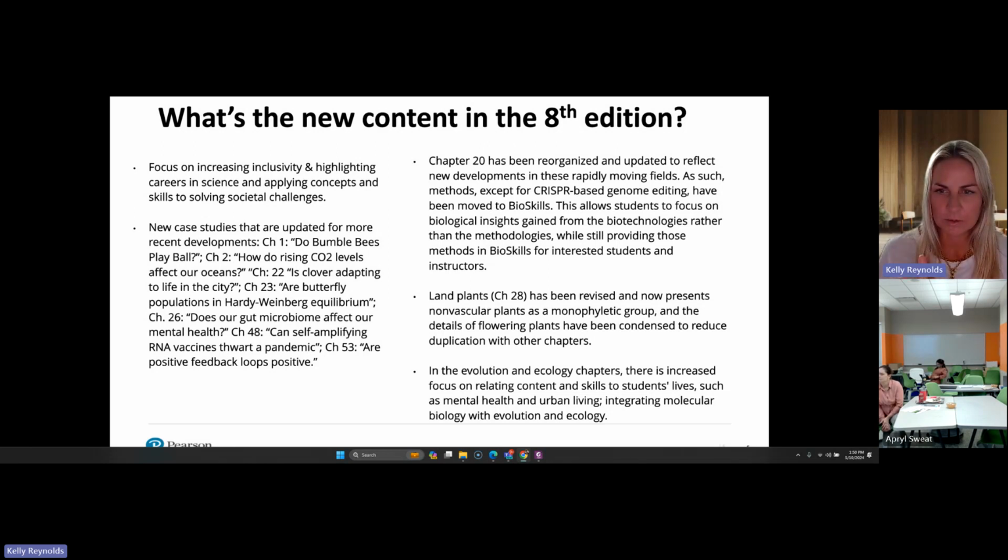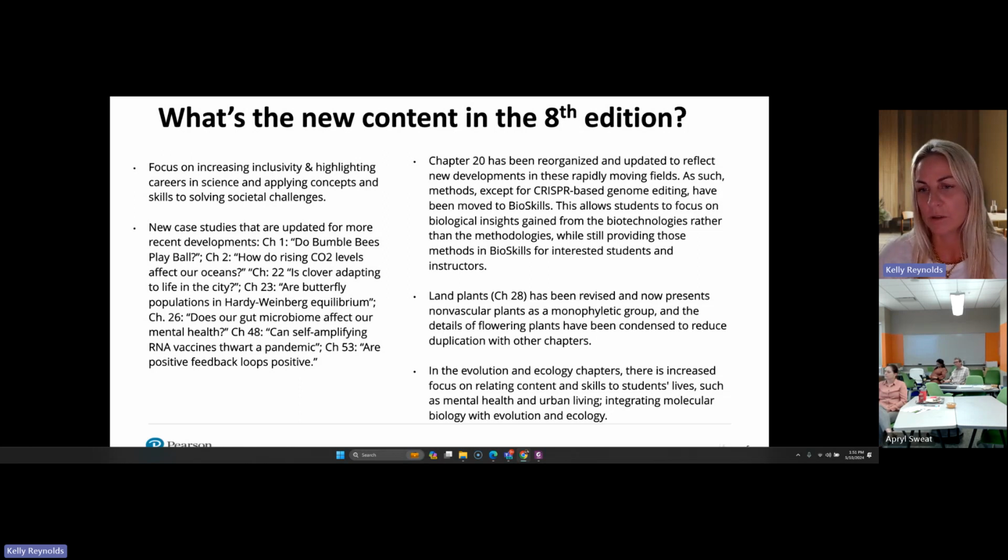And the other, well, let's see here. So a good example I like here is the fourth bullet where it talks about land plants. It starts with land plants, chapter 28. And one thing I like to note here, the reason I'm calling out this bullet point is, in my years working with the biology team, I've heard a lot of feedback on what it means to have a textbook revised. And not every publisher is created equal. And one thing that I can tell you is that at Pearson, it is not, hey, we're going to change a few words here and there. We're going to add one new picture in the entire textbook. That's not the way that Pearson works.